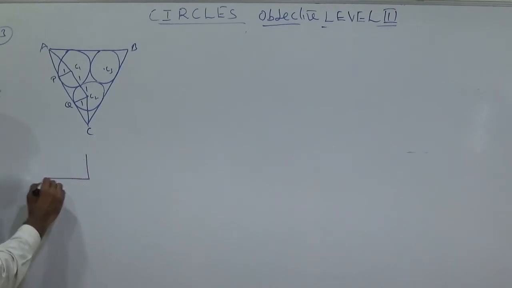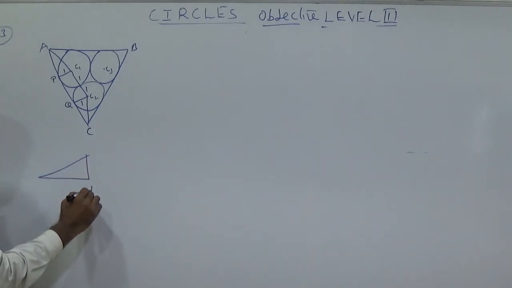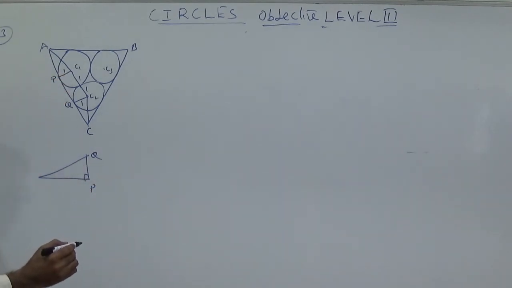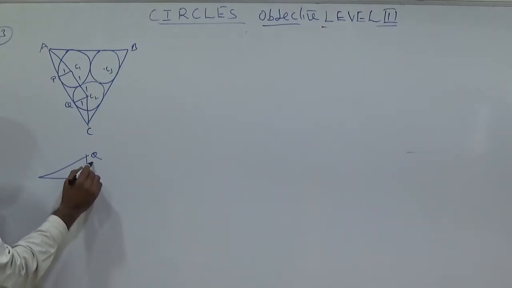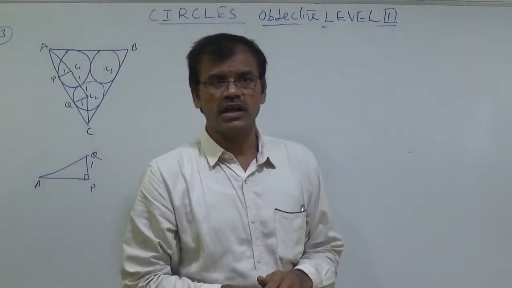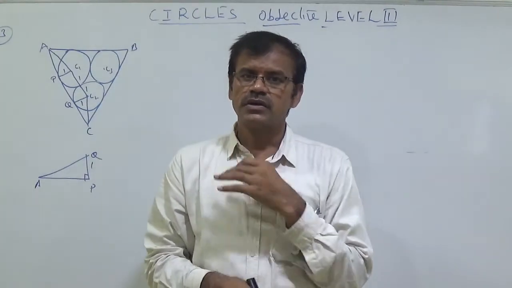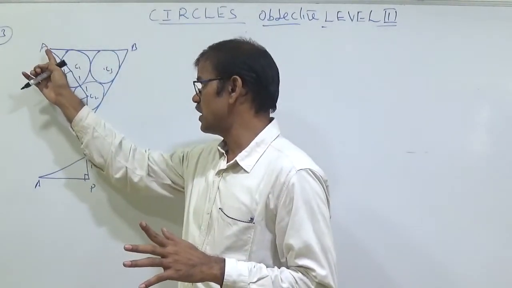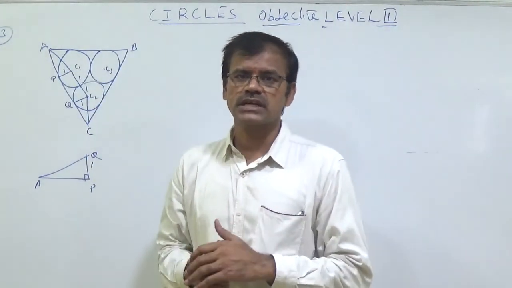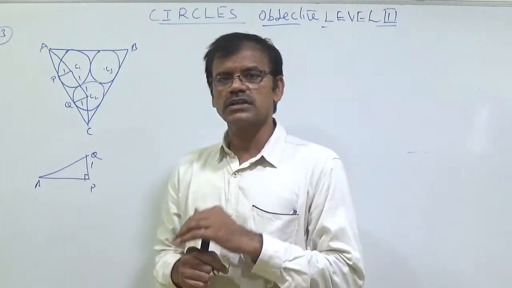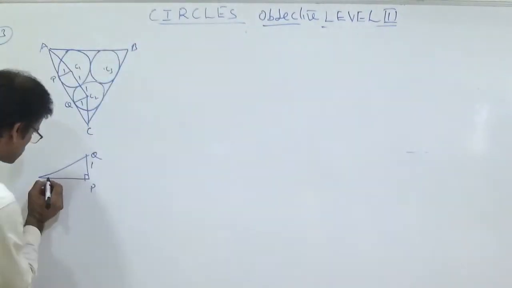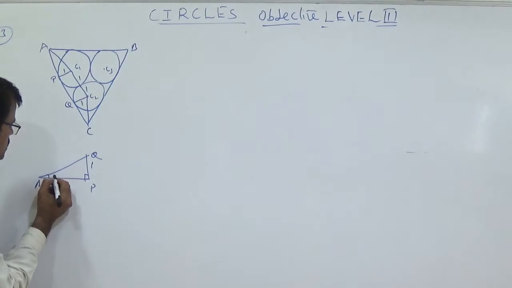Now I am drawing the triangle like this. Here PQ. This is 90 degrees, because of the radius concept. Small r is 1. It is A. Whenever a triangle is equilateral, every angle is 60 degrees. If we draw a line AC1 and extend it, it becomes an angular bisector, an internal bisector. Whenever it is an internal bisector, 60 degrees is divided into two equal parts. You can put here 30 degrees, and this is also 30 degrees.